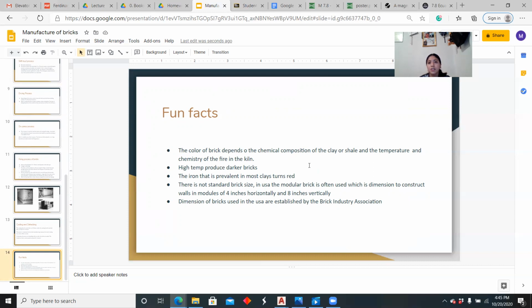There is no standardized brick size, but in the US, we use a modern brick that is often used, with dimensions of 4 inches horizontal and 8 inches vertical. Dimensions of bricks used in the US are established by the Brick Industry